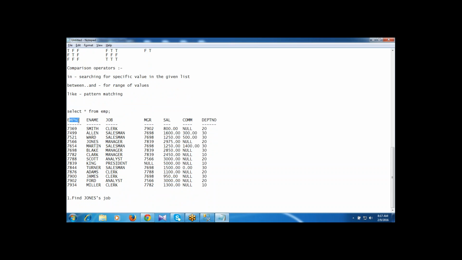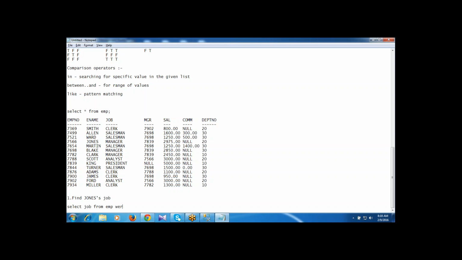These are the columns we have: employee number, employee name, job, MGR (manager), salary, commission, and department number. Ultimately, we are practicing the SELECT statement. Let's select job. Job is a column of the EMP table. From the EMP table, he is asking for particular employee information.